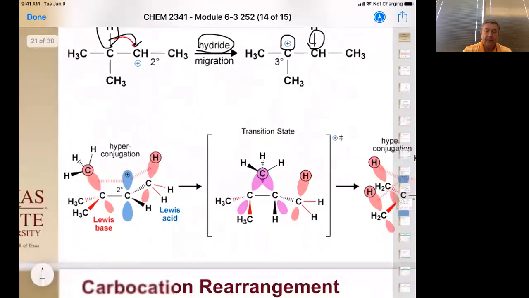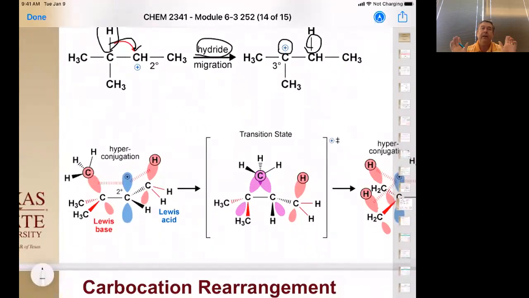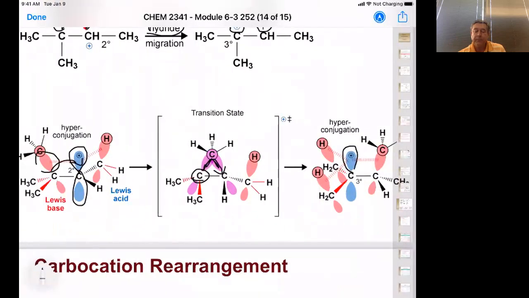And the whole reason it can move is the idea that you have an sp3 hybridized sigma bond here, and it can sort of line up with the empty p orbital here first. Once it lines up there, it can just transfer its electrons over 1. So notice it's sharing electrons. It's starting to move its electrons from here to here and gives you your more stable empty p orbital. Notice that there's hyperconjugation between 3 different sigma bonds here to give us that stabilized tertiary carbocation. There was only 2 in the case of the secondary